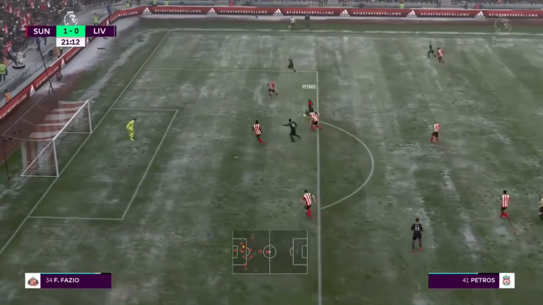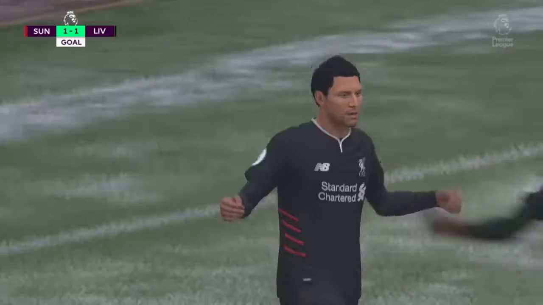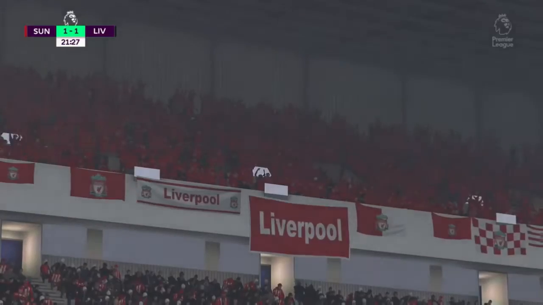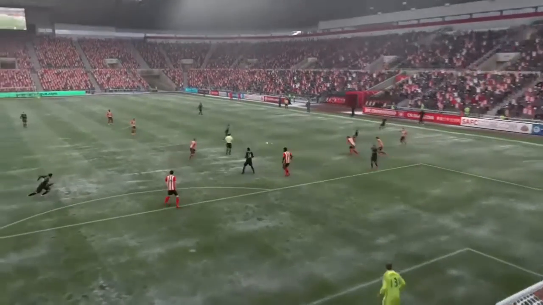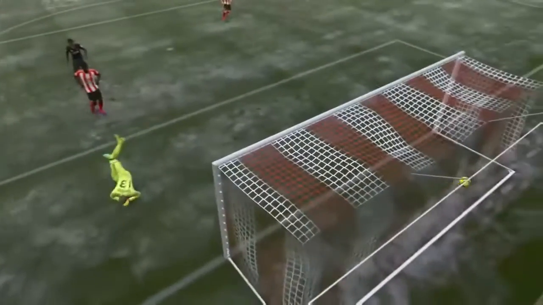But anyway, they get forward. Petros, I'm not sure who that is, has a really good strike and puts it into the back of the net. So despite them losing their last 4 fixtures, they do go level against us to make it 1-1. Really good finish from Petros there. I'm not really sure who he is, but he did well to beat his man and put it into the